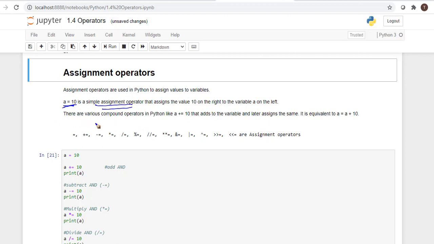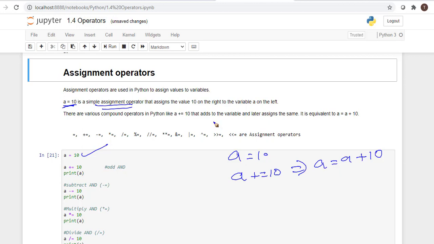There are various compound operators in Python, like a += 10. It is equivalent to a = a + 10. This is a compound operator, so we can use addition.